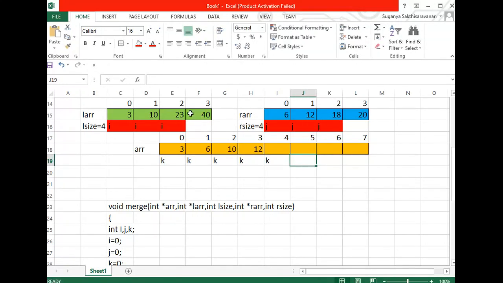Again, what I'll do is this pointer remains here itself. Again, I'll compare 18 with 23. I can notice that 18 is the lower value. The lower value will be inserted. Okay, after this your j pointer is incremented here. You can notice that it came here and your k pointer will be at this position. Right now 20 with 23 will be compared, 20 is lesser, this process is completed.